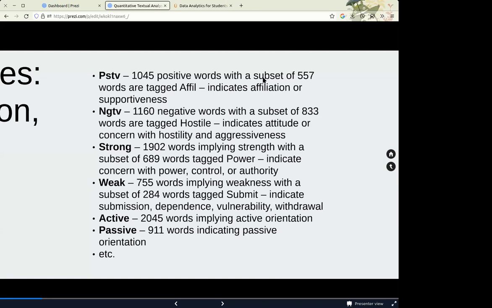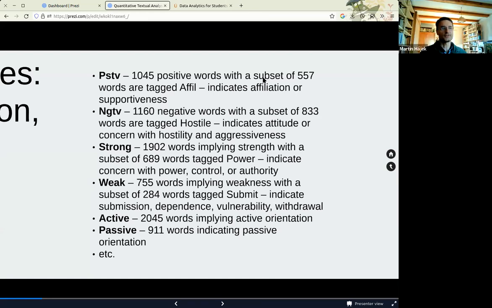So this is the positive dictionary, and if you have two texts, for example two politicians' speeches, you could count positive words in both of them and compare the number of occurrences of positive words, and you could say how positive these speeches are, or if there is any difference in supportiveness of these speeches. And there were also the negative words,